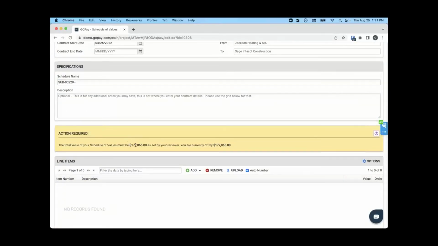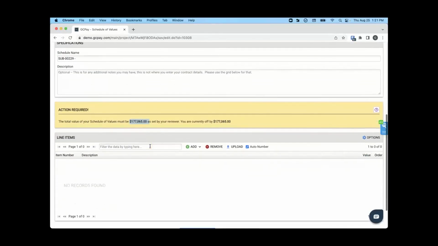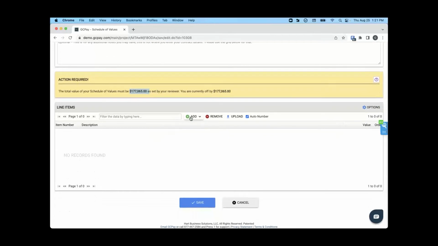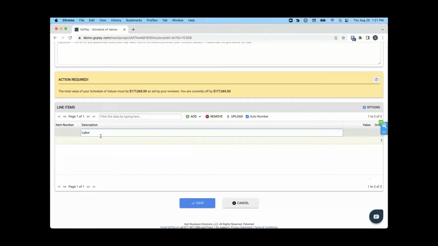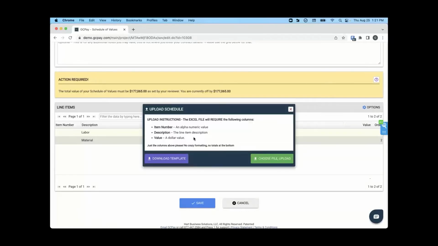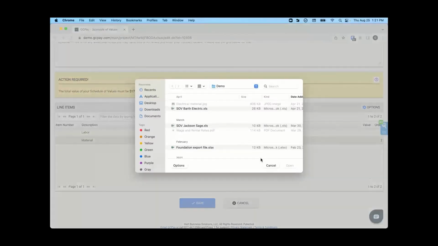The system's telling us we've been provided $177,065. If it was a really basic schedule, well, they could just go ahead and start typing it out line item by line item. In most cases, we know it's going to be a lot more detailed than that. So we also give the subcontractors the ability to upload a spreadsheet. If it's their first time doing so, they'll have a template that allows them to easily map this information in. If they've done this before, they probably have that file ready to go, so they can just choose it